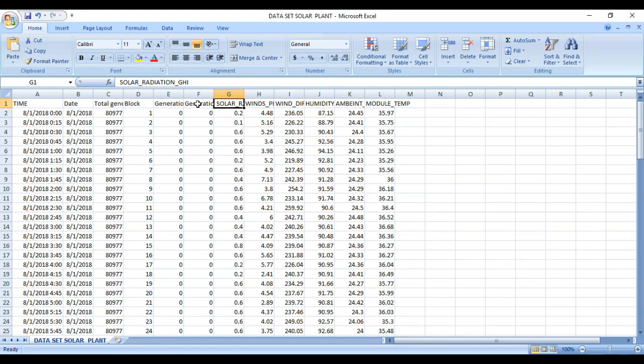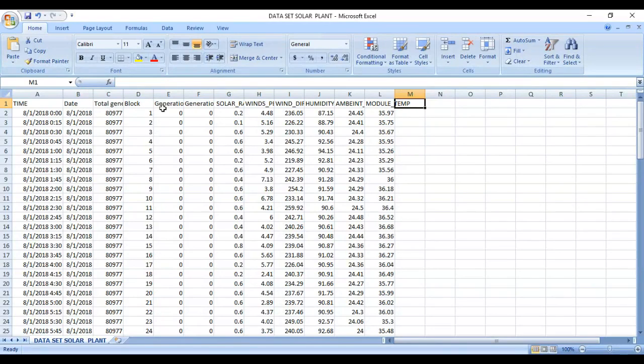Then solar radiation, then wind direction, humidity, then ambient temperature, then module temperature.